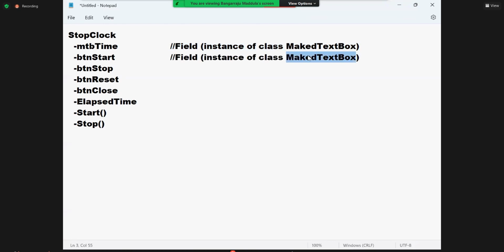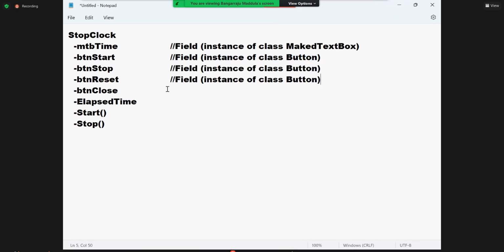Instance of the class, button. And this also same. This also same. This also same. But when you come here, what is this? It's a public property. Remember, I defined a read-only property. I don't want to assign values. And these are